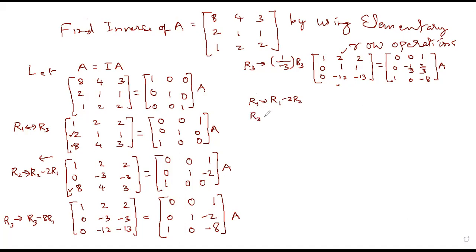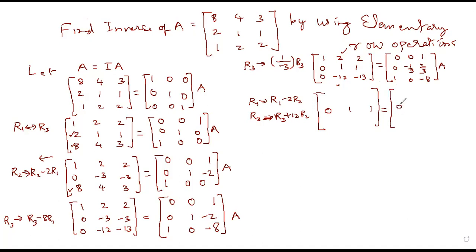So in R3, we need 12 plus 12. So R2 is multiplied by 12 and then added in R3. So R1 and R3 are changing. R2 is not changing. Whichever is not changing, you should write first. This avoids your chances of making a mistake.